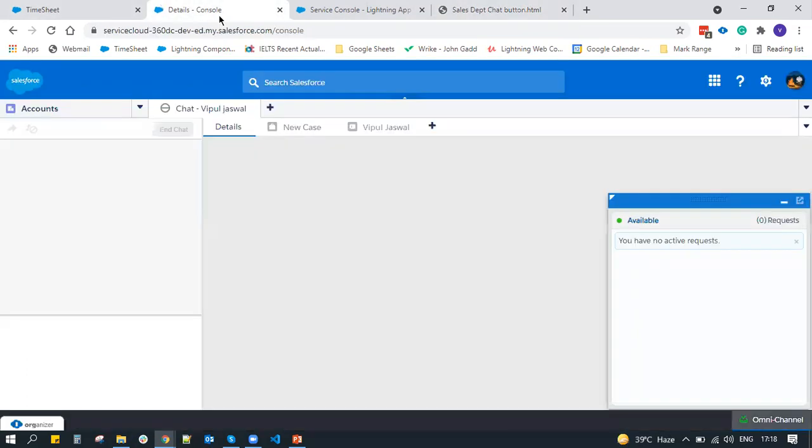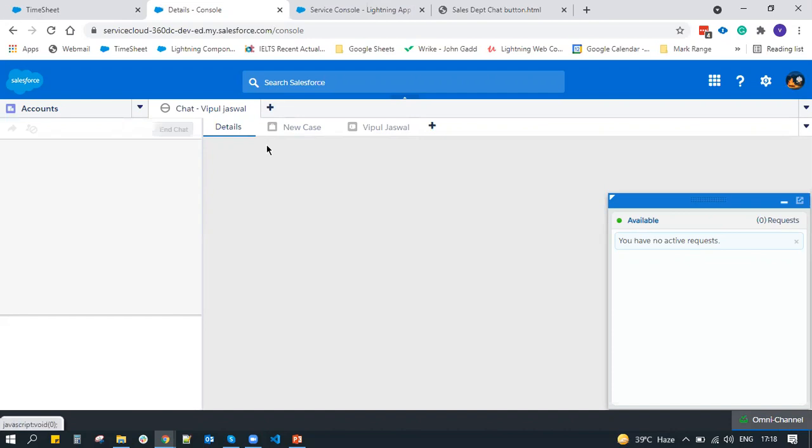You go back to the button, refresh the page, and see, the Classic view will work with Live Agent, whereas Omni-Channel works with Lightning as well as the Classic environment. So that is the main difference between Live Agent and Omni-Channel.